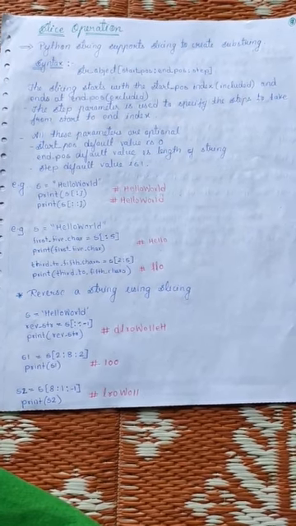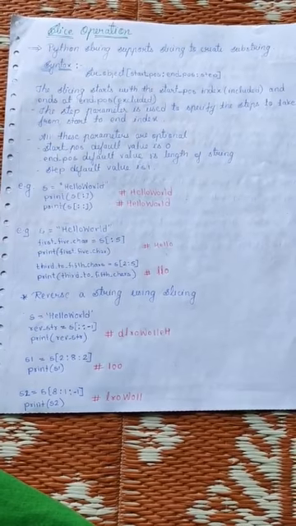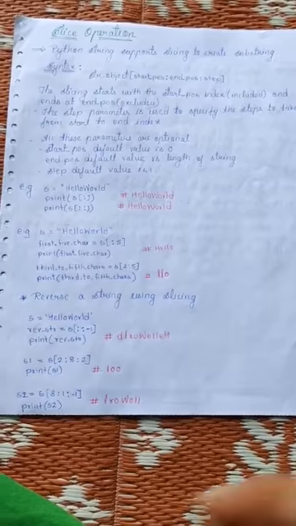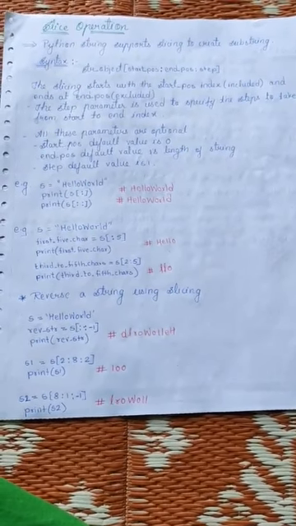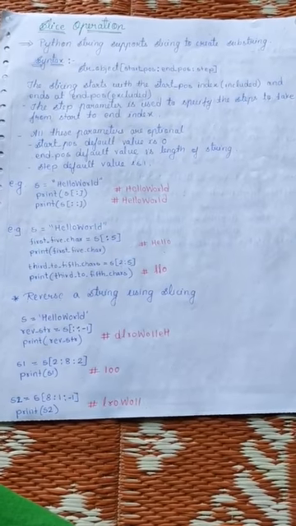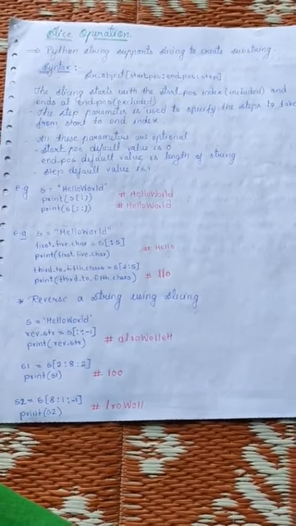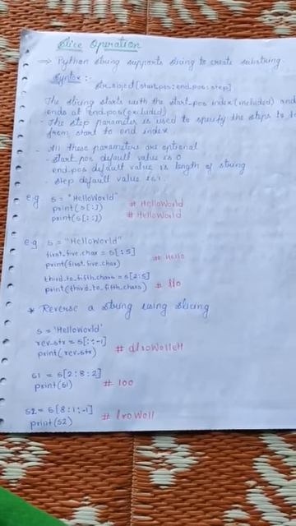Yes, now we have finished with the built-in functions. Now the next operation which we can perform on a string is the slice operation. As you know, we have already seen this slice operation. That means the square brackets, and in that we can give a particular index so that the character of that string will be retrieved.